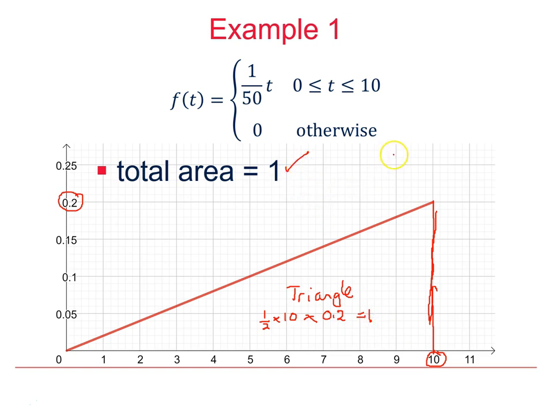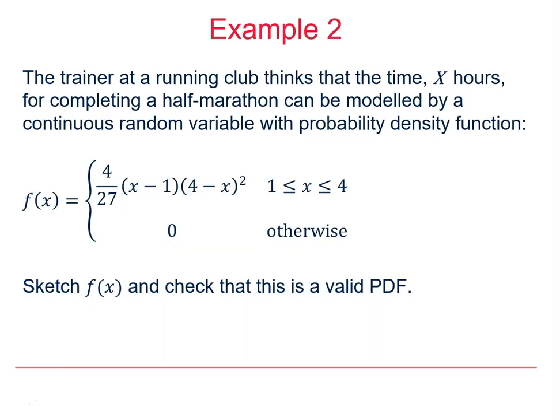That's correct. And you could, if you wanted, evaluate that integral as an alternative way of checking that. So that would also work out for you the total area under that curve. So both the conditions are met. F of t is a probability density function that's valid to model the particular situation in terms of length of phone call. Now again, you might like to pause a second, just read through this second example where we are